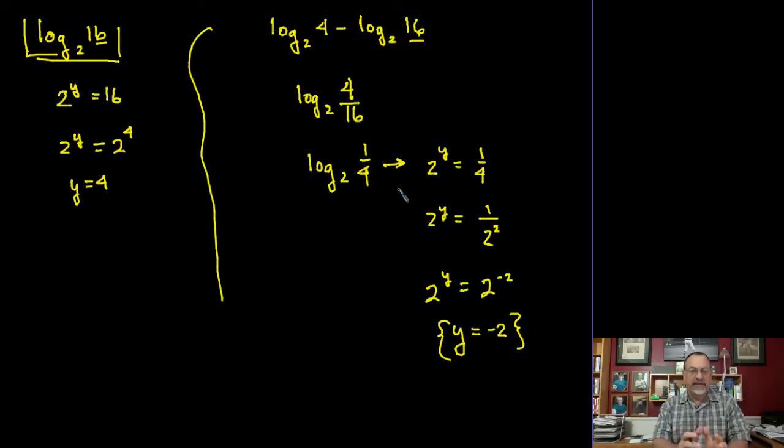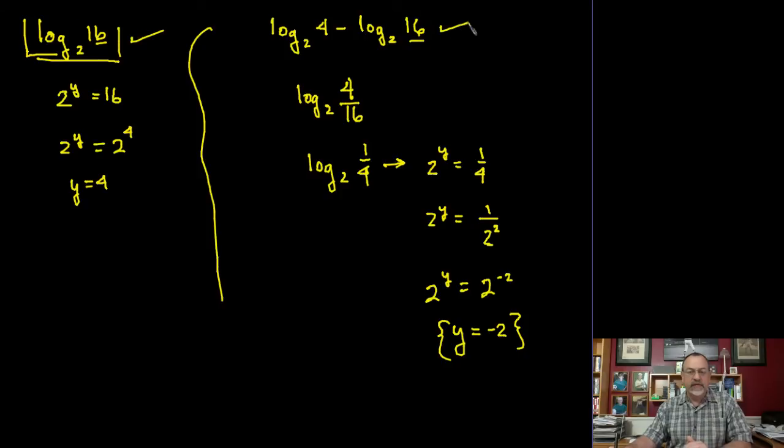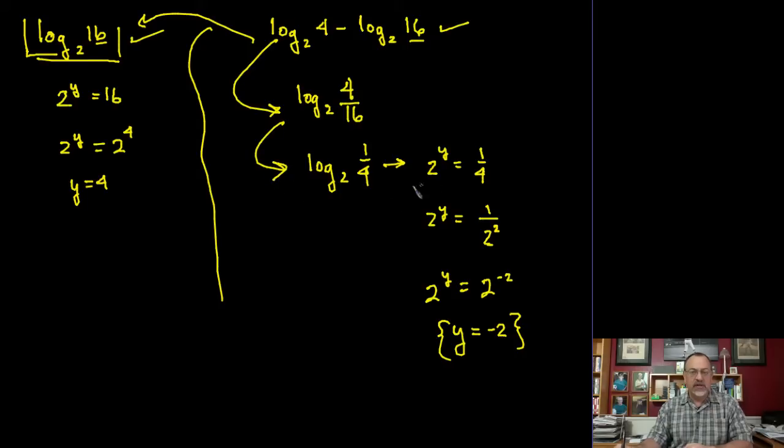So in order to evaluate a logarithmic expression, it must be a single logarithm. If it's not a single logarithm, I'll use the properties of a logarithm to change it into a single logarithm, which actually I did here, and then I'll use what I learned about evaluating from the previous lessons